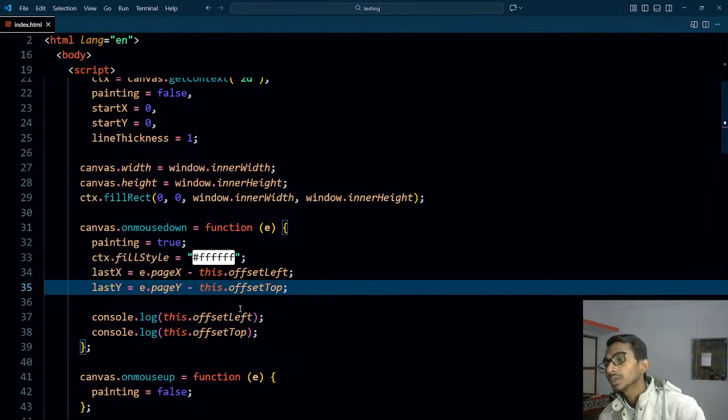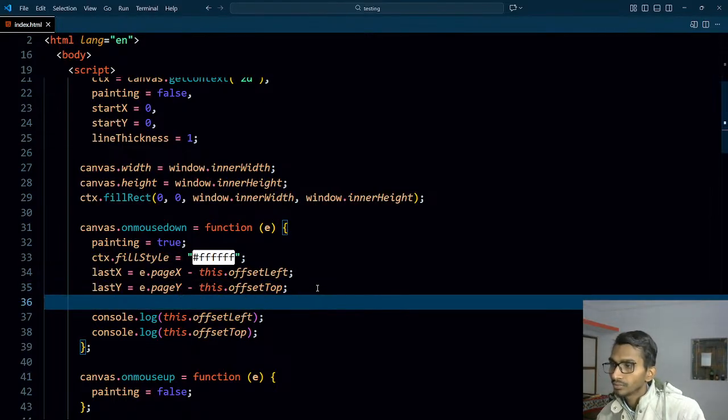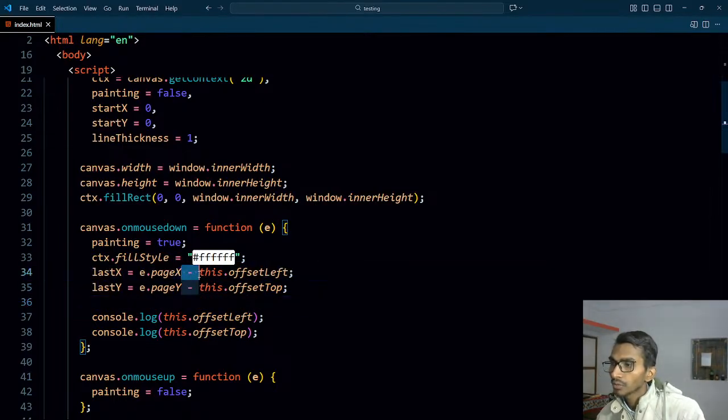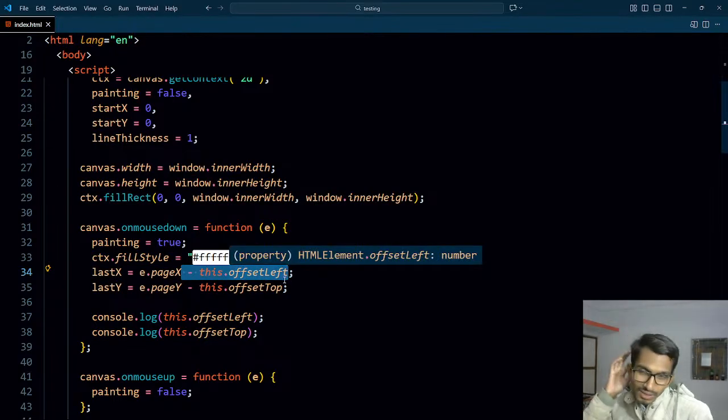If there was an offset and we wanted to check the last one, it could have been different, because there is offset as well. But right now we don't need that because we are already setting it to